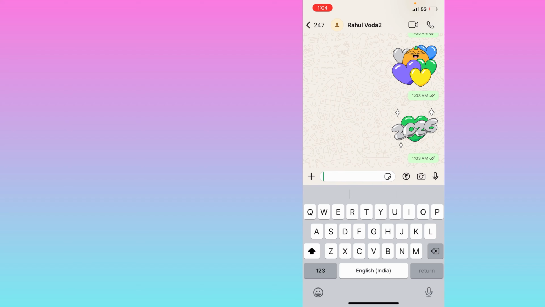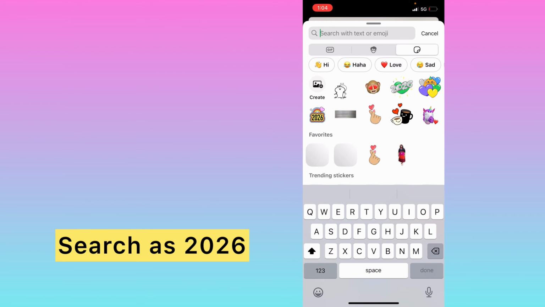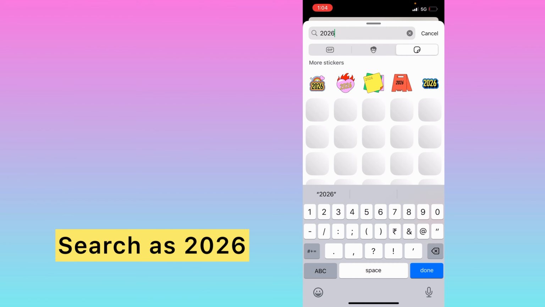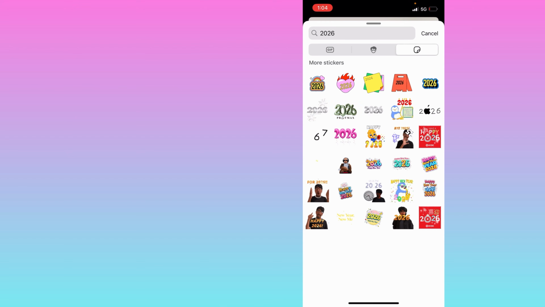Open your WhatsApp. So here if you go and click on emoji, you will get the list of emoji. What you need to do is click on this sticker icon here, and in the search you can click and search for 2026. Either you can send it from here